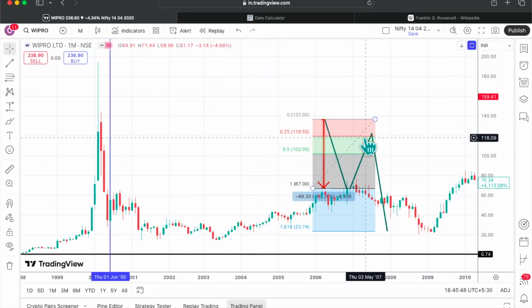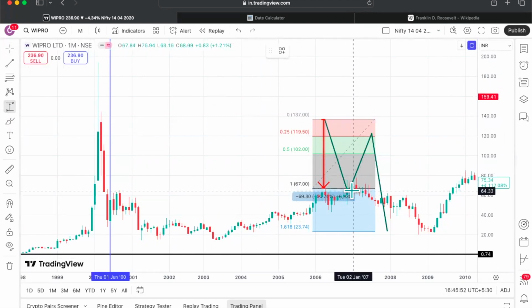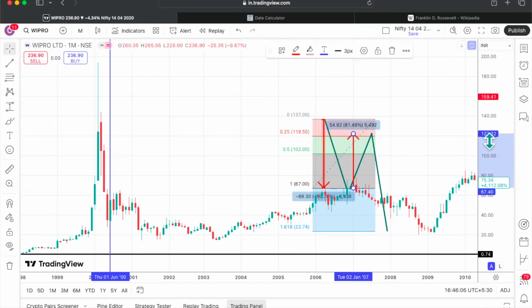And from here, again, it did pump up. So what levels did it pump up to? This is 67. From 67, it went up to 122. So we'll look at the price also. So this is somewhere around 122. So 122 is the price which is being shown over here. So bottom was somewhere around 64 and high was up to 122, which is being shown over here in terms